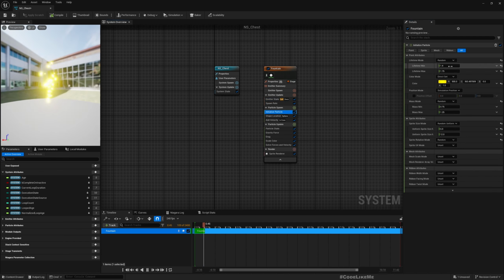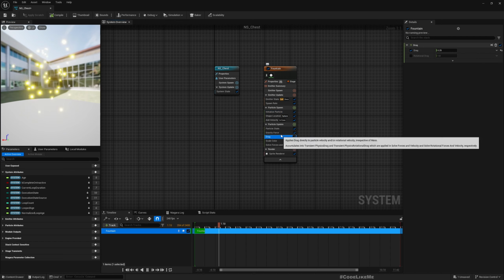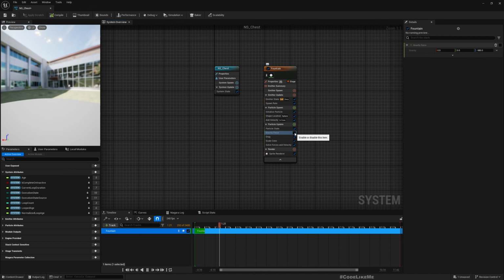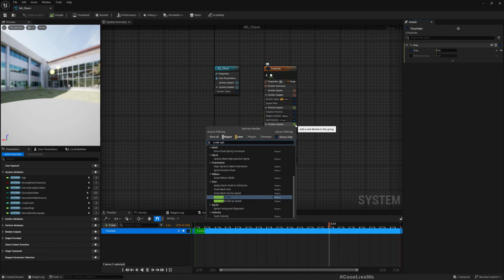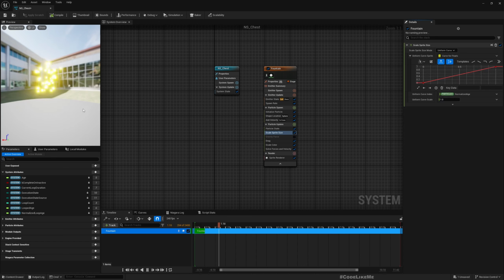And the initialize particle lifetime, let's not change it for now. Let me remove this gravity. I don't want it to fall down, I just need it to float. But here I'll increase the drag. Okay, now it becomes static. And also let's scale down sprite size at maybe